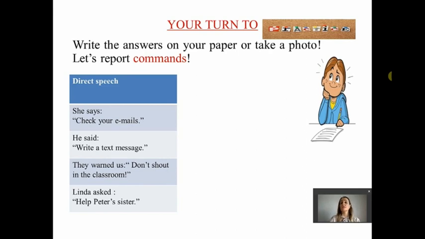So, let's report commands. The first example, check your emails. The next one, write a text message. The third one, don't shout in the classroom. And the last one, help Peter's sister. Think carefully and do these examples.